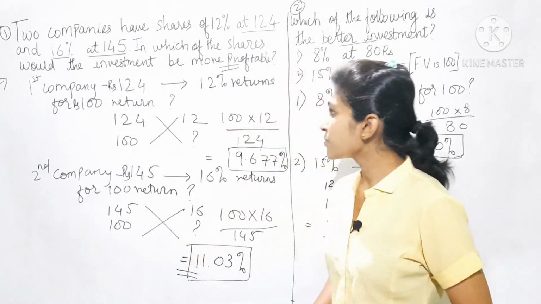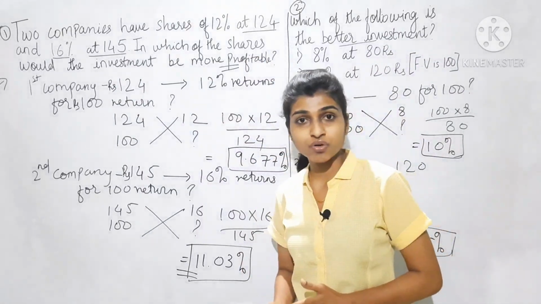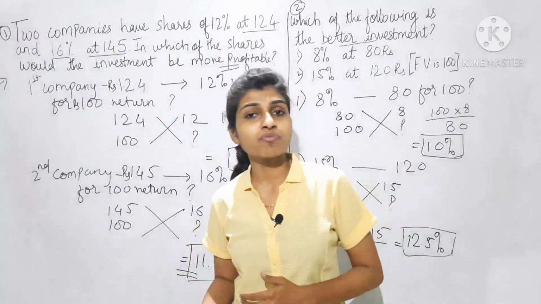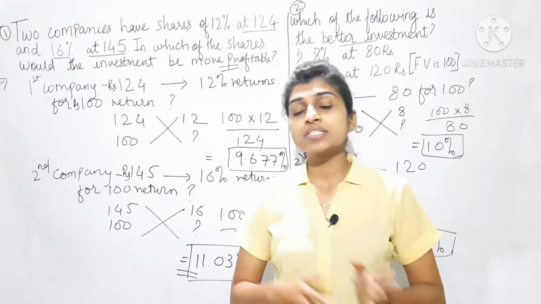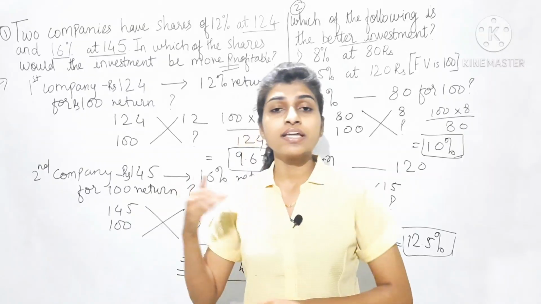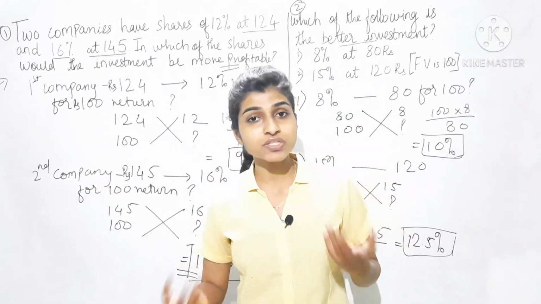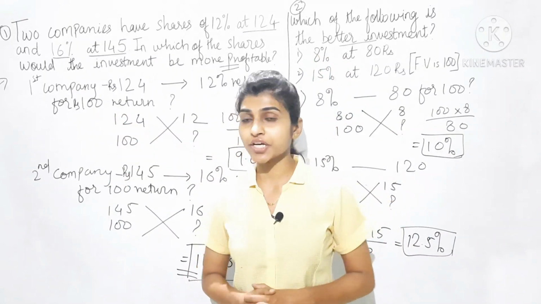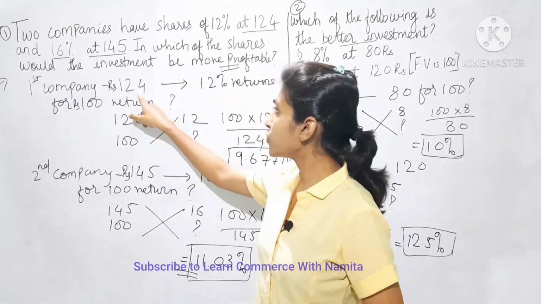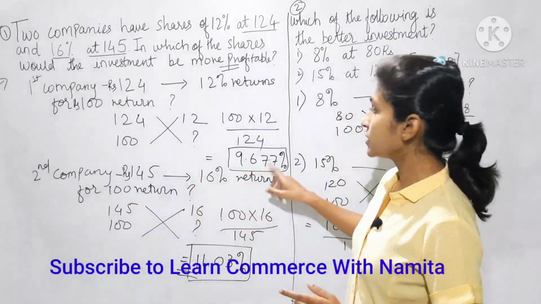I will just repeat once again in short: whatever the market value number is, whether it is 180, 120, whatever, and the percent is 10%, 5%, and so on. For 180 rupees the return is 5%. Then to find the better investment, for 100, how much? 100 is nothing but the face value of the share, the original cost of that share. So always consider that. For example, for 124 rupees the return is 12%, then for 100 how much, and then cross multiply it and you will get the answer.